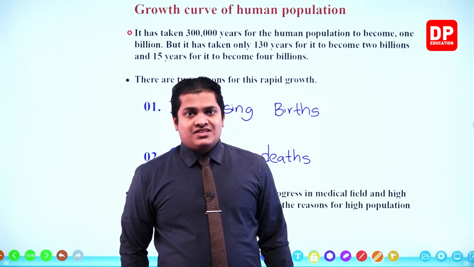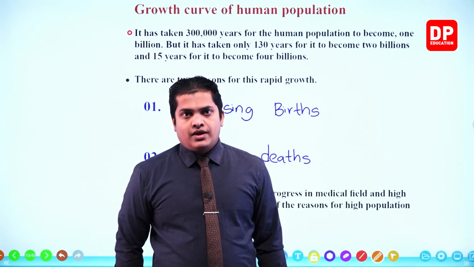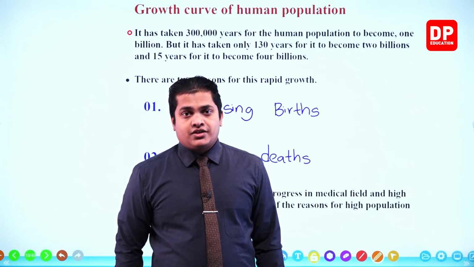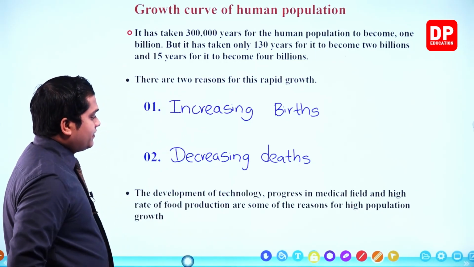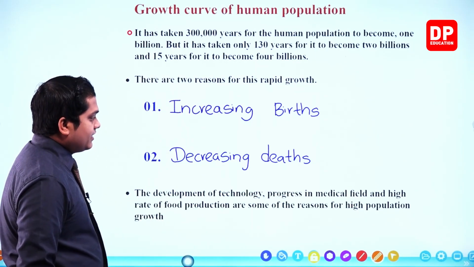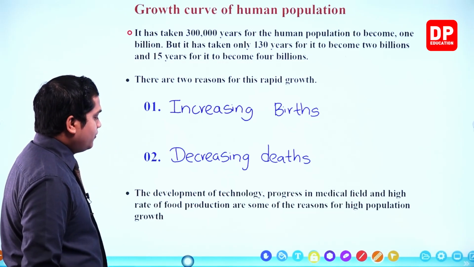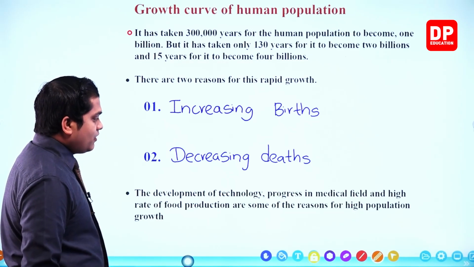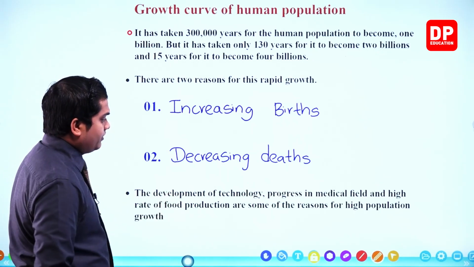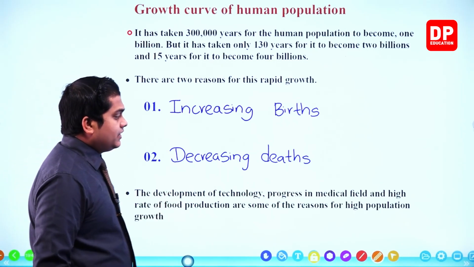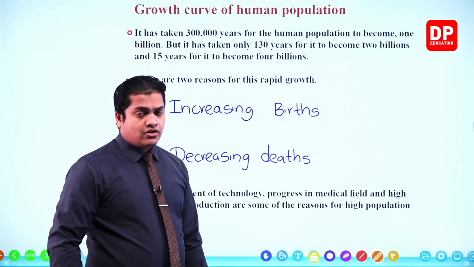So these advanced technologies are also helping the growth of population to a much larger extent. Okay, so here it is given: the development of technology, progress in the medical field, and high rate of food production are some of the reasons for high population. So other than the development of technology, progress in the medical field,